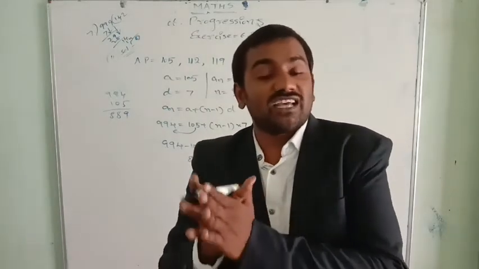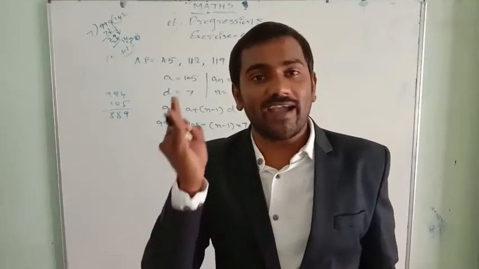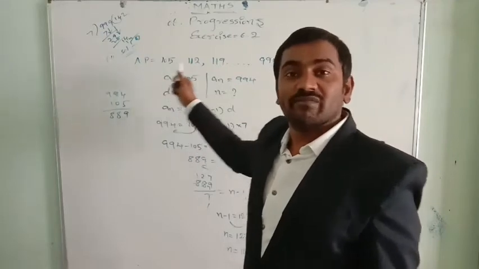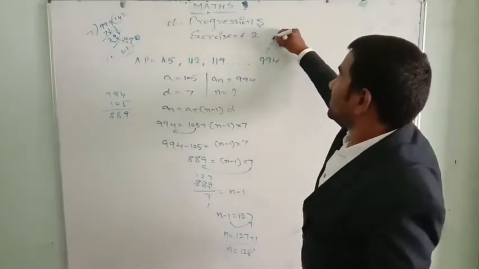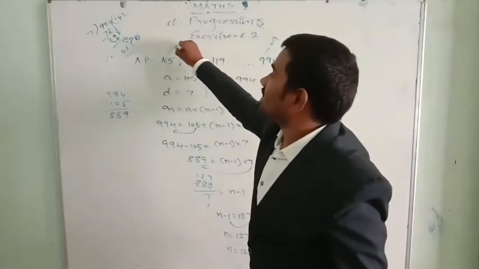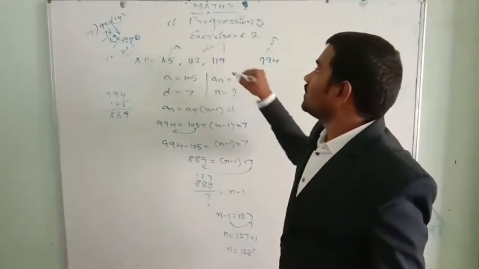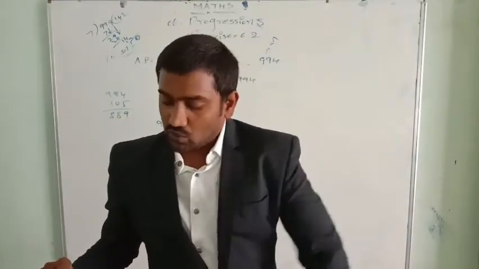How many 3-digit numbers are divisible by 7? 128 3-digit numbers are divisible by 7. This is the first 3-digit number divisible by 7, which we consider as a, and this is the last 3-digit number divisible by 7, which we consider as an, and the common difference is d equals 7. In the same way, they ask the next question that you can solve, I think.